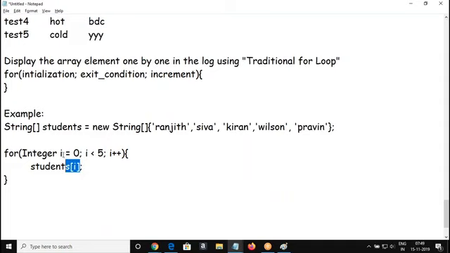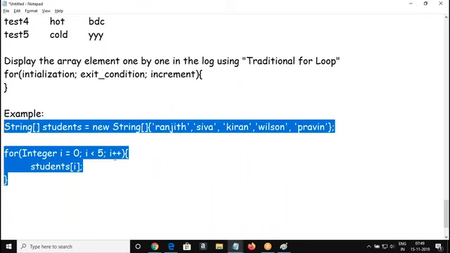So the loop goes like this, right? Start from 0, you get the value, then it increments and checks the exit condition. The first time it will check this condition first: 0, yes, it's true, then it goes here. Then again increment and check, increment and check, like that it goes, right? So this is how we display the elements of your array one by one in your